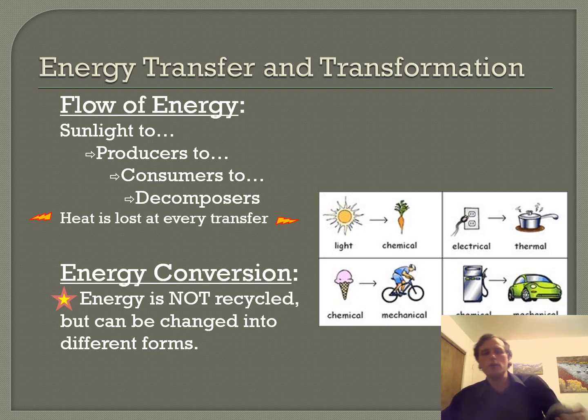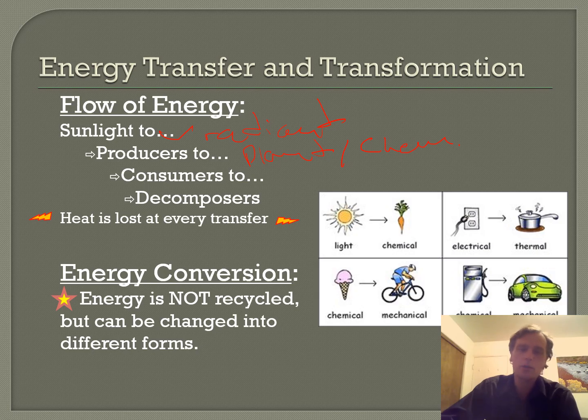So, flow of energy. This is basically more or less what I just said, but in term form. From sunlight, that is radiant energy, to producers, that would be plants, and this would be in chemical form now. To consumers, and there's a couple kinds of consumers. We're not going to get into the details, but herbivores and carnivores, things that eat stuff. And then there's decomposers, and the decomposers make it possible to recycle a lot of those nutrients.